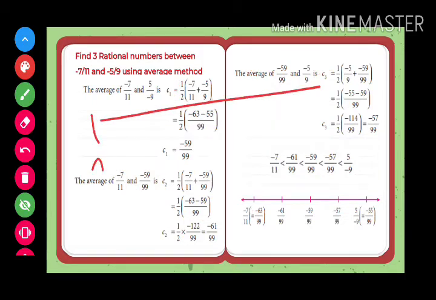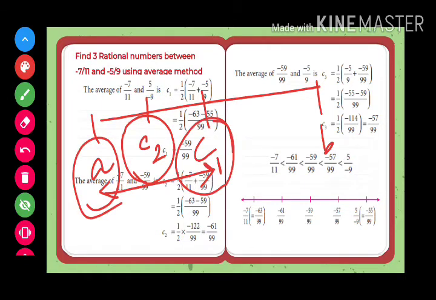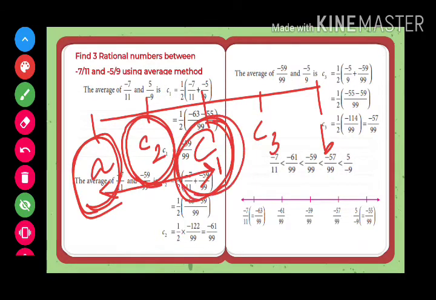First we have taken numbers A and B and we have found the average C. Let's keep this as C1. Okay, so now we can find another number between these two. Let's name that as C2. So if you want to find the number C2, what two numbers will we take? We will take the numbers A and C1 and find the average. Let's mark the next one as C3. Now what numbers will we take? We'll take the average of numbers C1 and B. So that is what they are doing here.